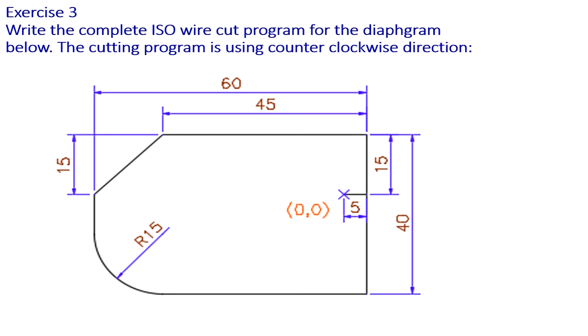This is an example for exercise 3. Write the complete ISO Y-cut program for the diagram below. The cutting program is using counterclockwise direction. Okay, the key point is a counterclockwise direction. First we need to identify